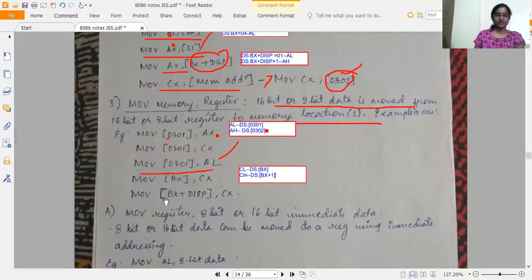Now what will happen here? In place of BX, there will be BX plus displacement. Along with the instruction, the displacement value is also added. Now what I have written is for this example. I hope you have followed.